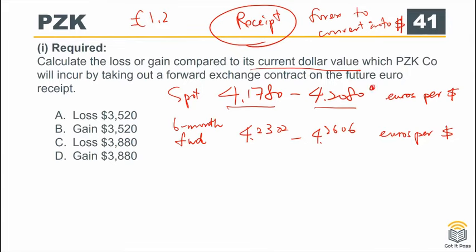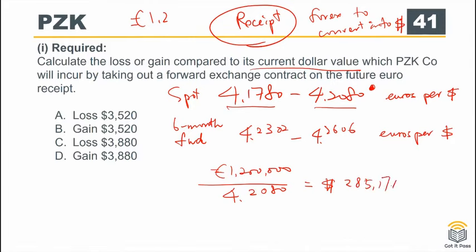this 4.2080, this number will get you to convert less US dollars, right? So in terms of dollar, you will convert $285,171